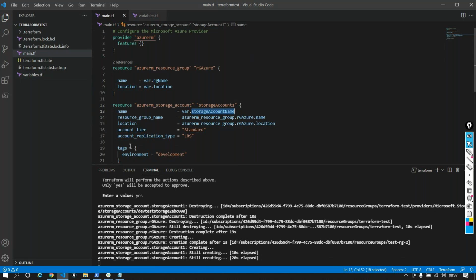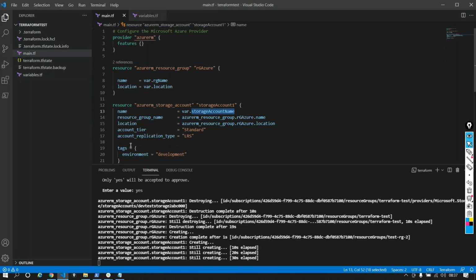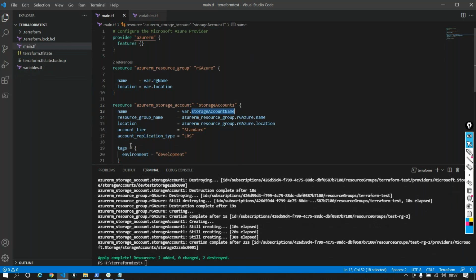Guys, good till here? Is it mandatory to create a separate variable file? Usually we declare variables in the same file. Correct, we declare variables in the same file,